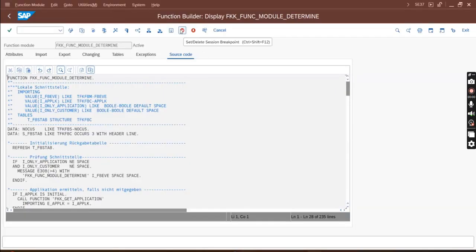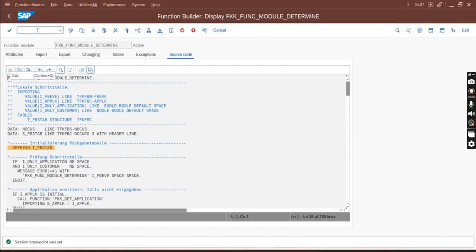Click on this button. It will select the line where to put the breakpoint. I just clicked that and the breakpoint is set. Why is the breakpoint set here? Because before that is a variable declaration, and from here the code starts. So here the breakpoint is set. Now I will run FPE1 and you will see what different events it goes through.